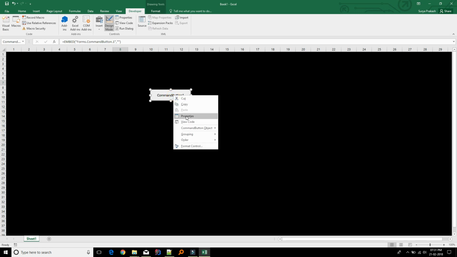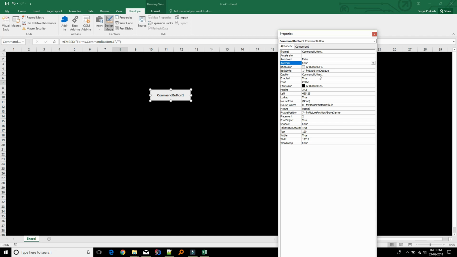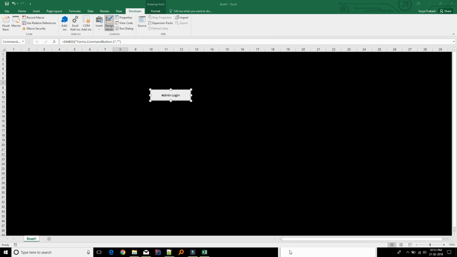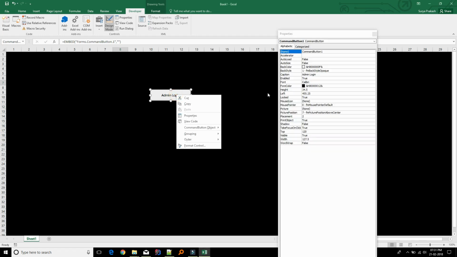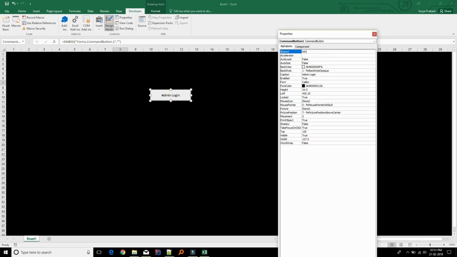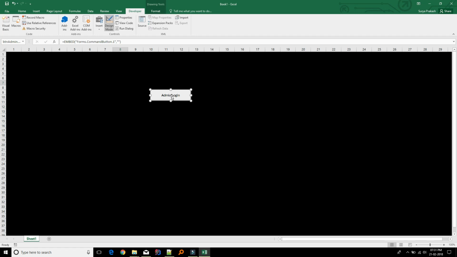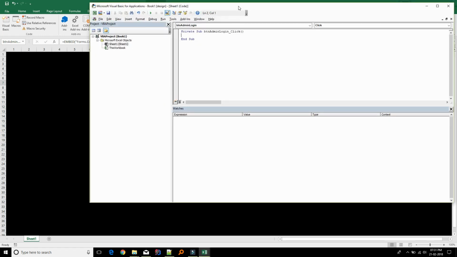Under the developer section, insert a button, right click, properties, rename it as admin login, and let's say this as button admin login. Then double click